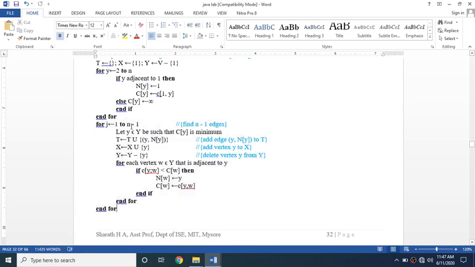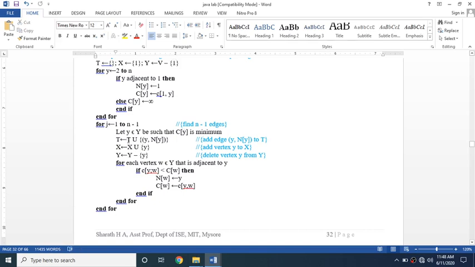Within this for loop we can continue from 2 itself, otherwise 1. It doesn't matter because we will check that condition within this code. So let y belong to capital Y, that means a node that has not been visited. If that is the case, c of y is minimum. In this c of y we already inserted all the edges which are adjacent to the explored node. Initially the explored node is 1, right? Now we need to find which one is minimum over there.